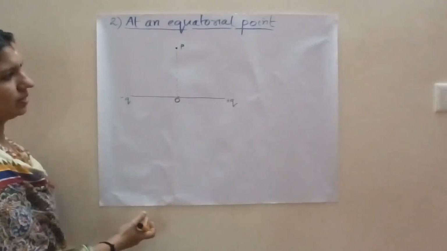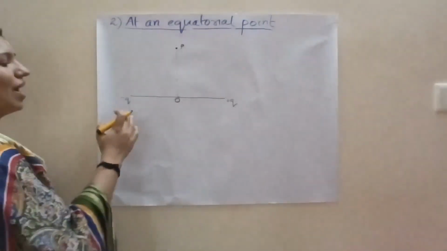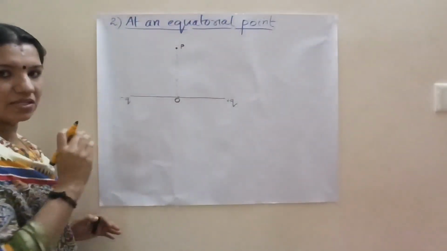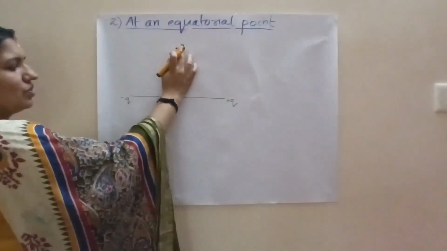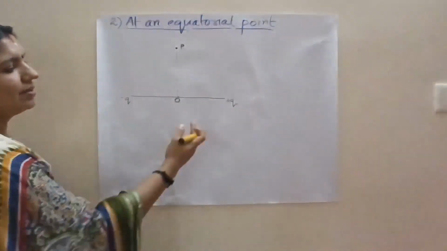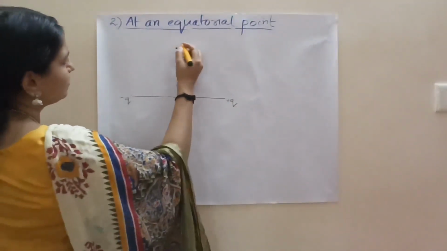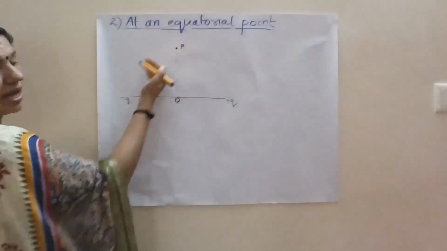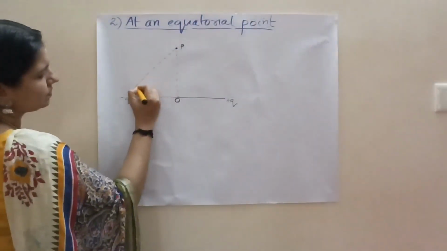So how can I find it? It's very easy, just come along with me. You know that minus q and plus q are there, and at the point P I am placing a unit positive charge. Now when I place a unit positive charge here, this minus q has a force of attraction and this plus q has a force of repulsion, right? So how can I draw that? Towards minus q there will be attraction. So I can denote it like this.